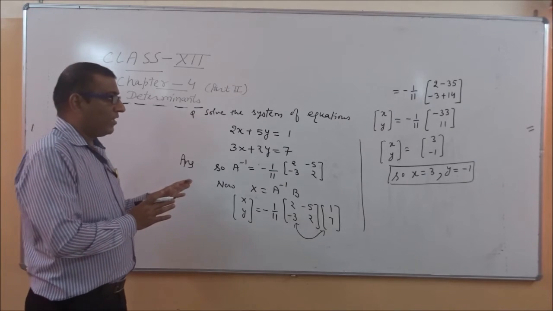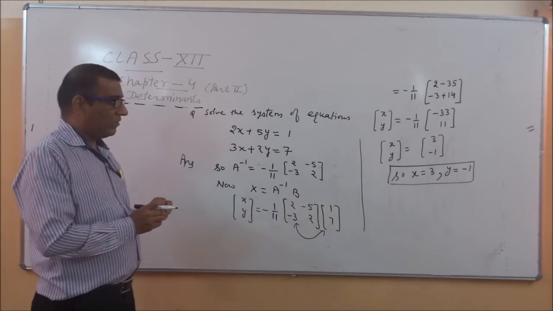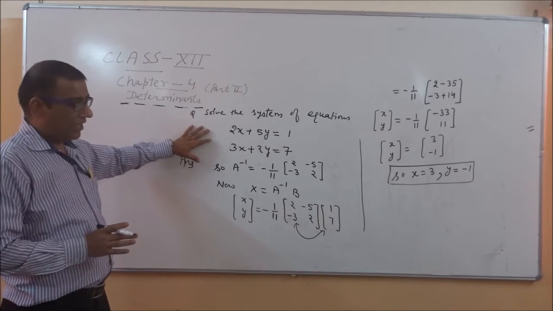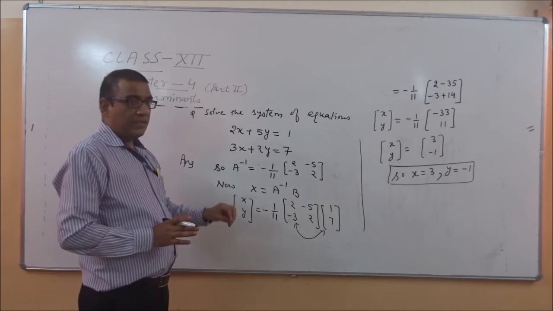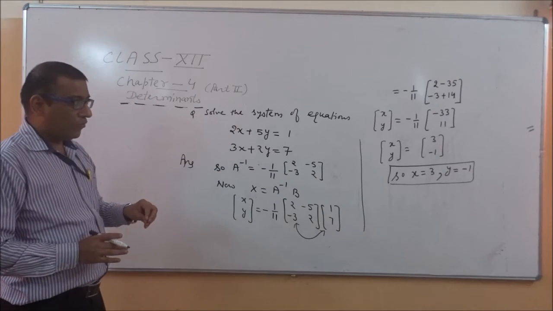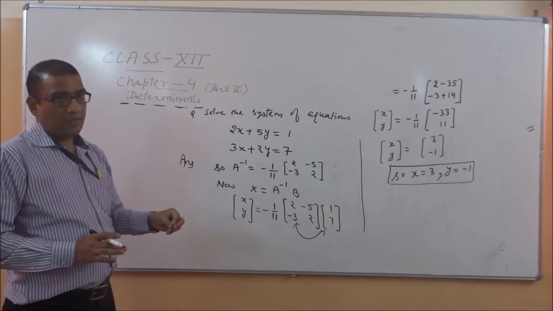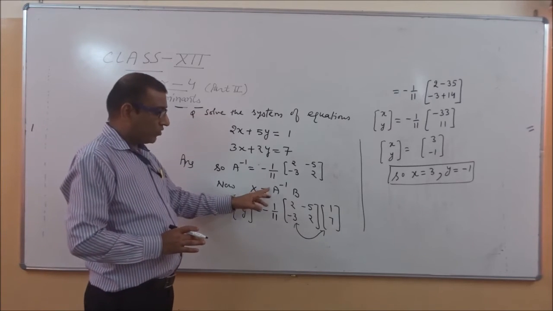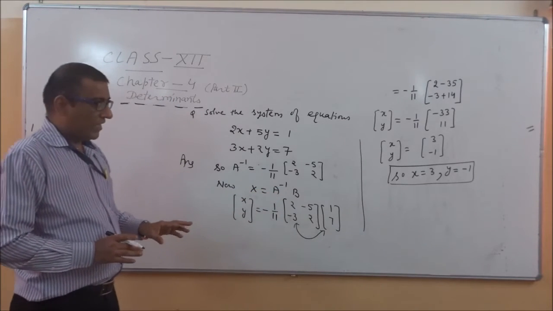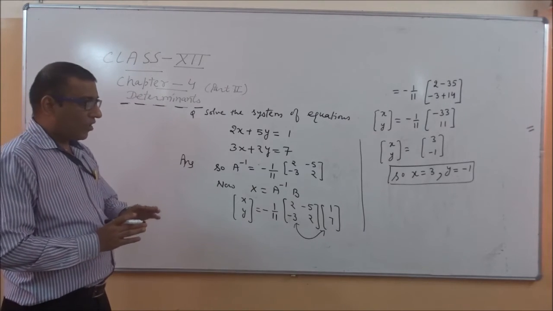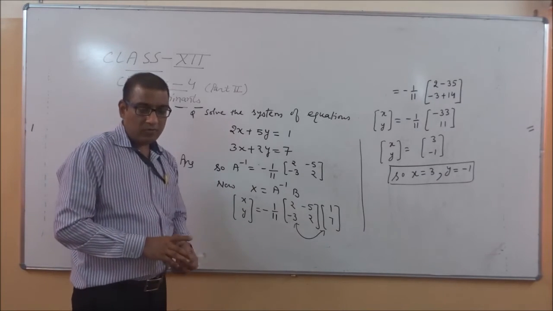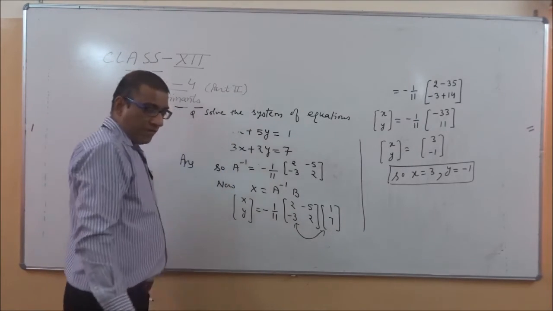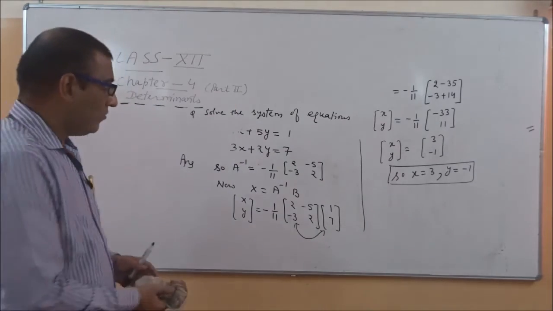So this is the way of solving the question by matrix method, but it is related with 2 into 2. That's why the shortcut method is possible. If the question is related with 3 into 3, then we will not apply the shortcut method. We have to continue with the cofactors. At that time, we have to calculate 9 cofactors, and then we will go through with the same X equals to A inverse B. That is very, very important. The shortcut method is not applicable for 3 into 3. Now I am telling one more question that is related with 3 into 3. How can we solve the question which is based on 3 into 3?